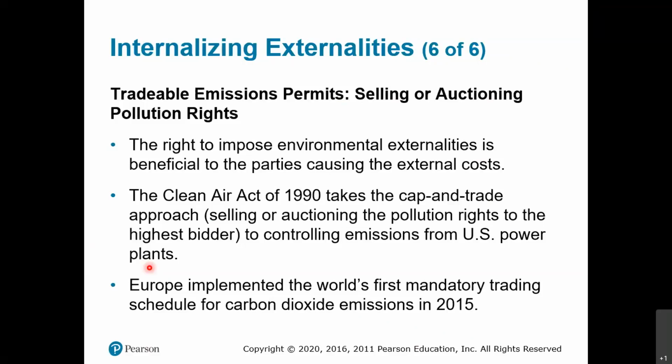Now, the argument some people have against cap and trade is, well, what if environmentalists come in and buy up all the permits and raise the cost and shut down the dirty polluters? First of all, how rich do you think these guys are? That they can do that year after year after year? I mean, who? But secondly,